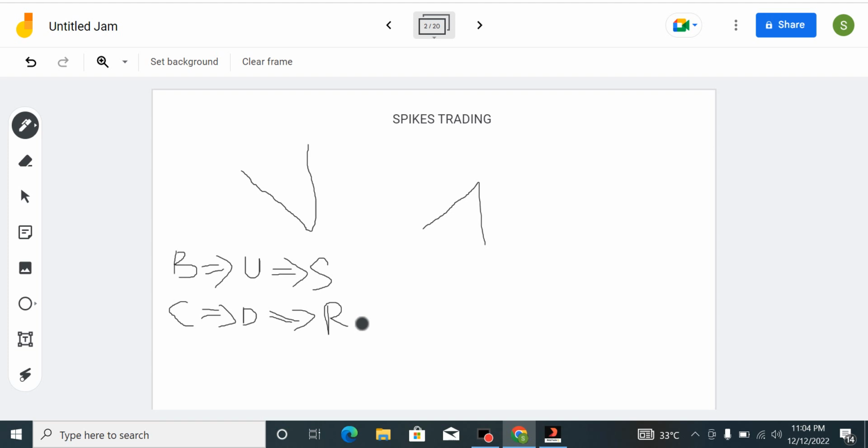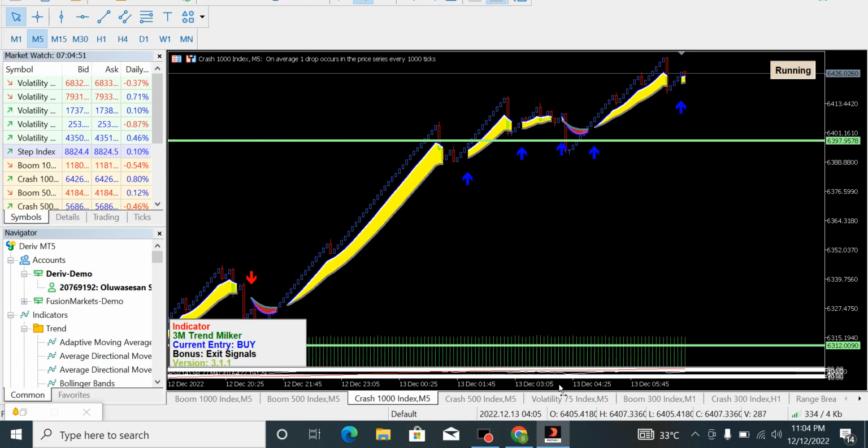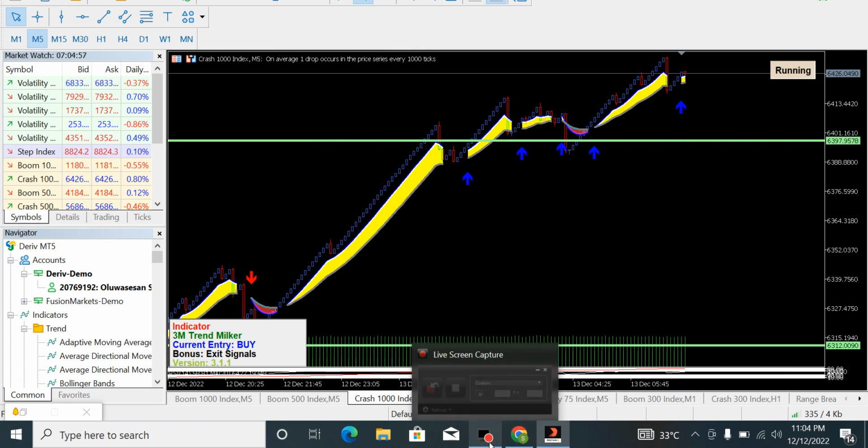When you have these at the back of your mind, it will give you an opportunity to have a successful trading journey, whichever one you are trading, either you are avoiding the spike or you're trying to trade the spike itself. Okay, so that is it. So now let's go a bit practical to see how this works, so that we can take advantage of the market right from there.